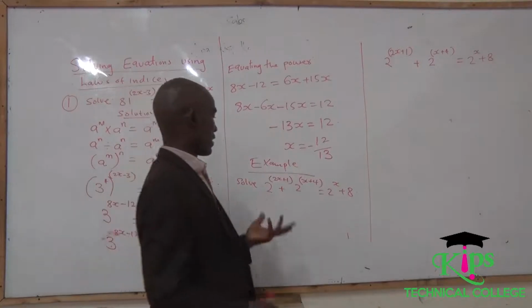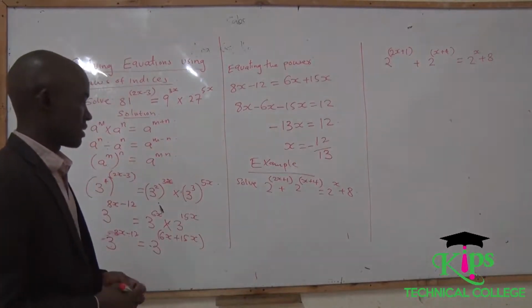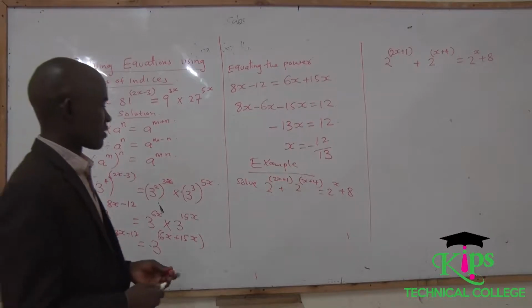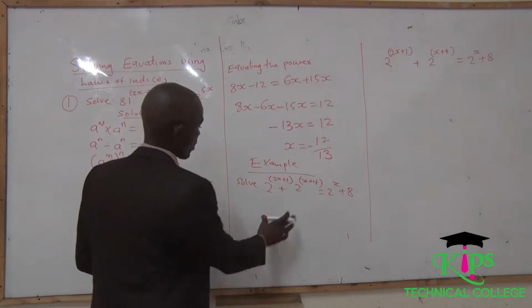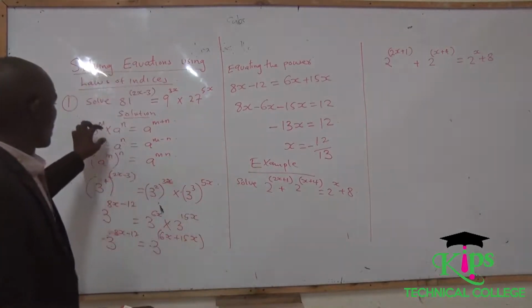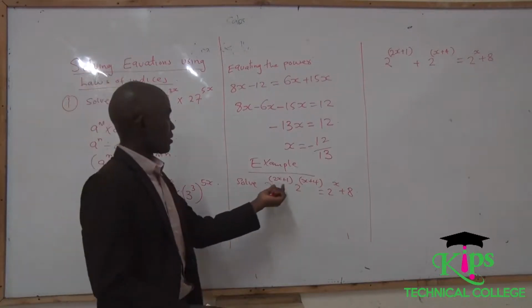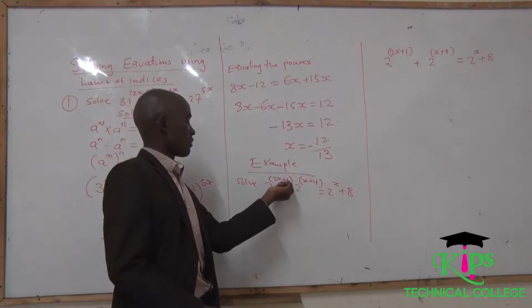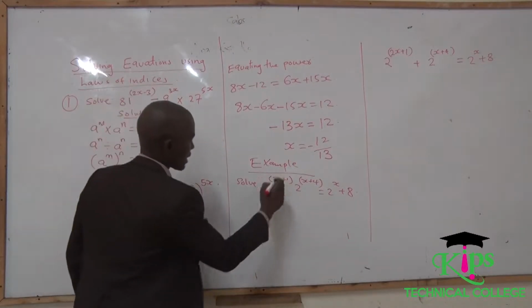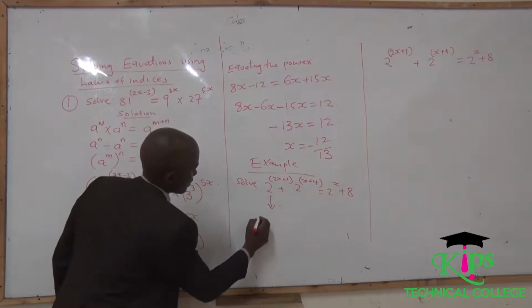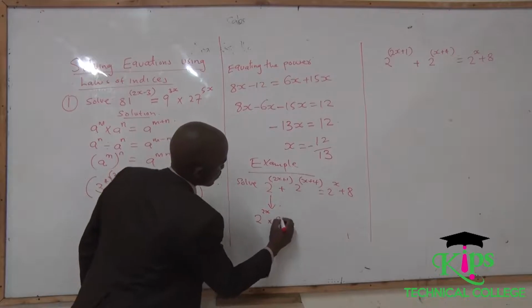What are the steps? Like we said, you need to write everything to the lowest base. So meaning you can use the laws we have written earlier to break down. Remember, because it is written as a summation, initially it was a multiplication. So we can break down this in this format so that we have 2 raised to 2x times 2 raised to 1.